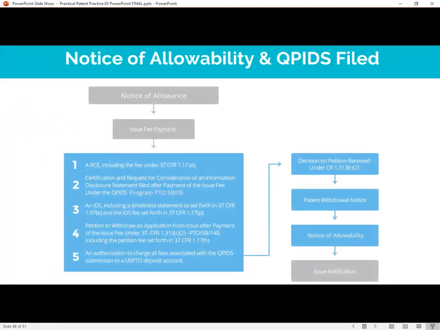Let's just not get it confused with the little angel with the arrow. You know who I'm talking about. Anyways, this CUPID's program is, you get a notice of allowance, you pay your issue fee, and you realize, oh